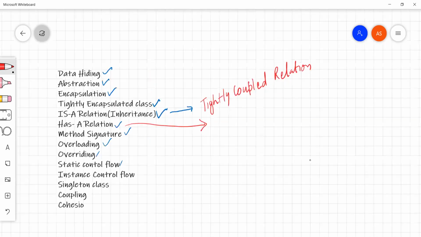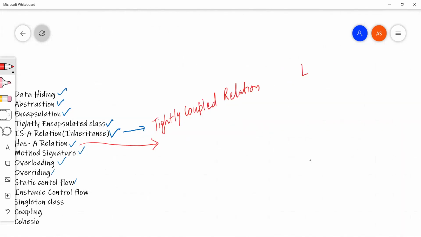Why was it tightly coupled? Here we have an X class with 10 methods, and this Y class just wants 2 methods, for example. But when we say extends, all these 10 are available here from the parent, and we want only 2. Then we can go with this has-a relationship, or we can say loosely coupled.